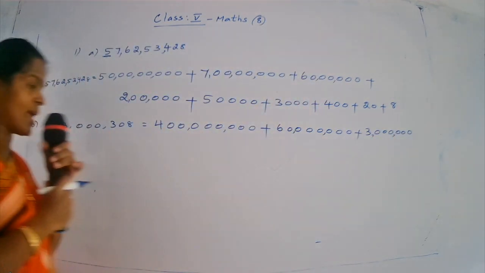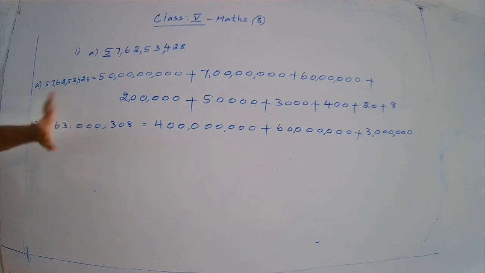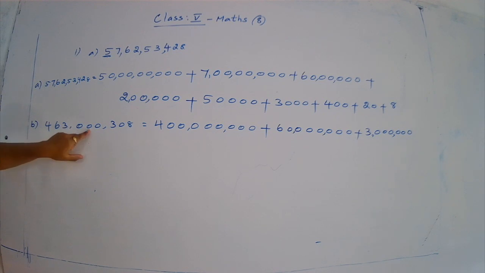Okay, 3 million plus next you see thousands period all 0. Okay, the places which have the digit 0 in the short form are not represented in the expanded form. Okay, so we didn't write. Do not write in the expanded form. Okay, children, so now you leave it. 100,000 place and 10,000 place and thousands place, you leave it.